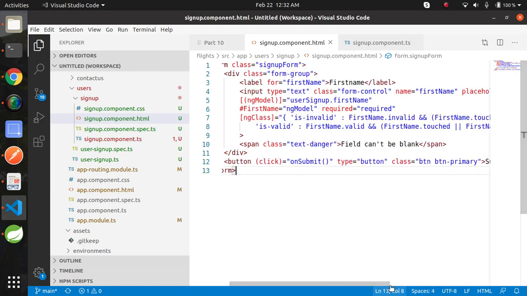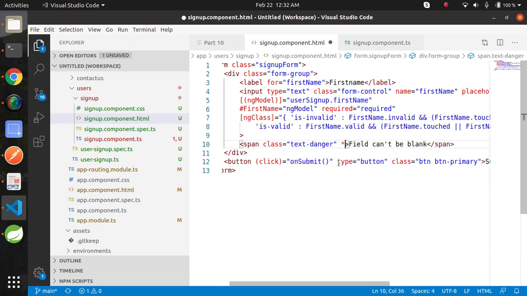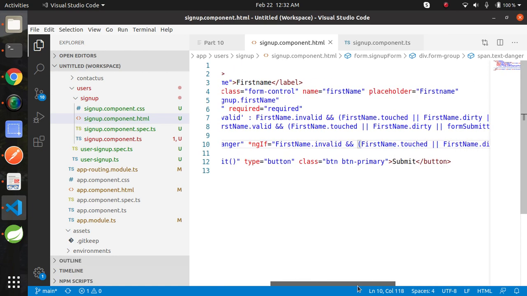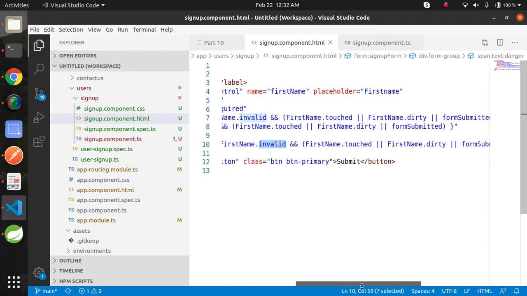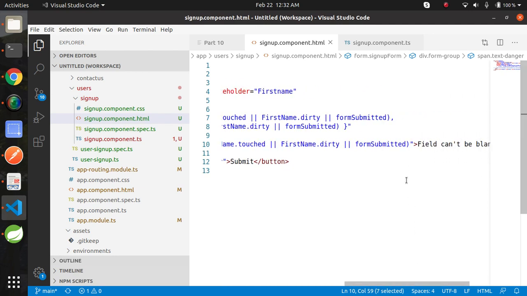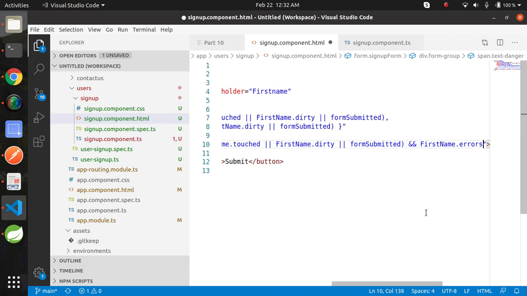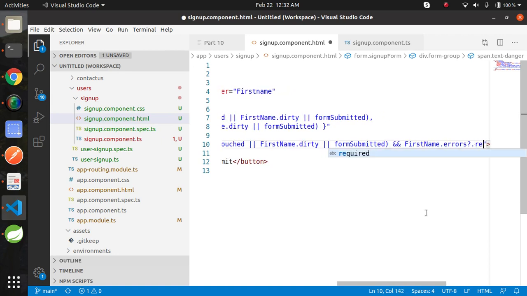Copy the condition from here and add asterisk ngIf equals to and paste. I have firstName.invalid and firstName.dirty or submitted, and firstName.errors.required.